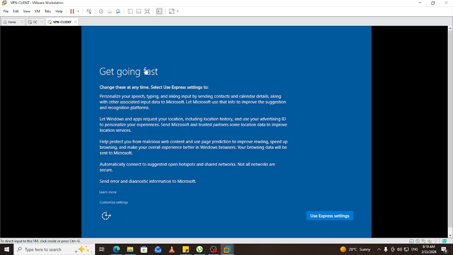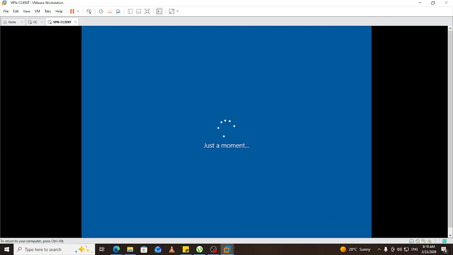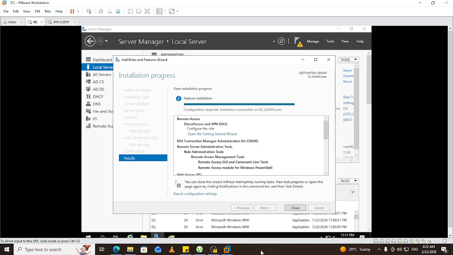So let's continue with the Windows 10. Customize, next, wait. So wait while the installation completes. Okay, so the installation is successful. The next thing that we need to do is continue with the configuration. So we will just click on open the getting started wizard,